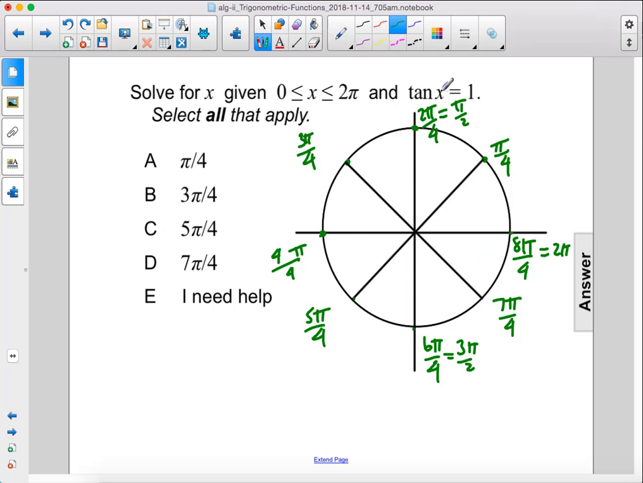Now we know tan x equals 1. So what does that mean? That means that sine x over cosine x equals 1, which means that they are the same value. So for example, at this point, if we draw this line down here and this line here, these lengths are